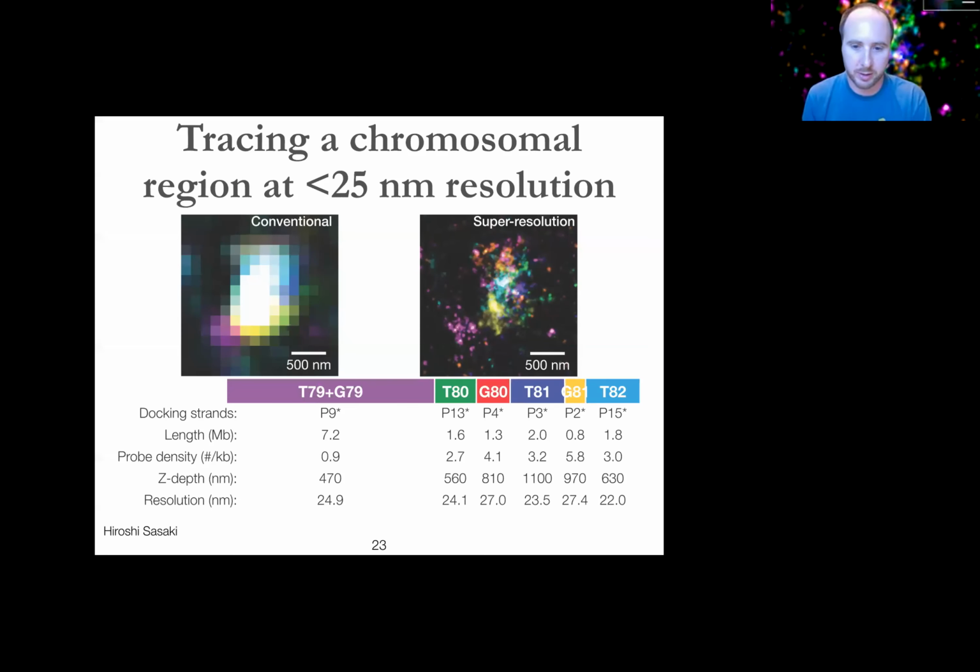To put a little bit more context into that, here are some of the quantitative numbers we're able to extract from this imaging. This is just a simple summary we can get. There's many more advanced ways to analyze these data, but just as a zoomed out view, we can look at, for instance, what our effective resolution is. And in this experiment, we are getting on the order of 20 to 30 nanometers in the lateral dimension. With different optics, you can probably cut that in half. But with the optics we use, those are the numbers we got.